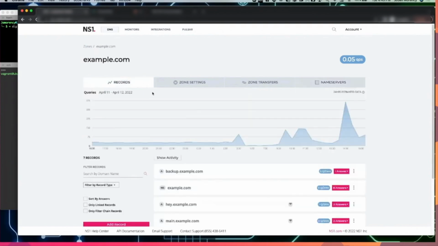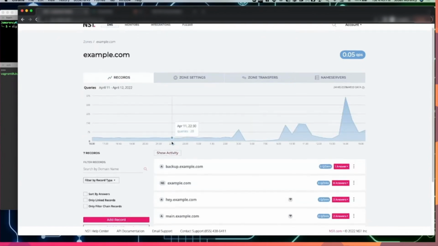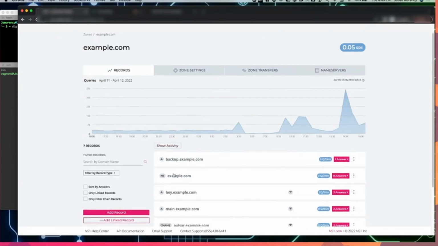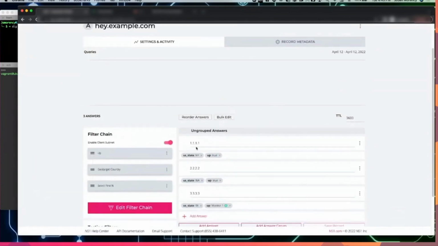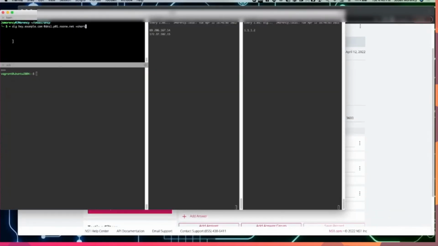So if I go over to the records section, you can see some of the DNS records I have inside this zone. I can just look at this one, for example, just points to a few different IP addresses. And for example's sake, I'm just going to give this one a query against our managed network. So you'll see I get a response back from it. And if I were to query against a dedicated network as well, we can do